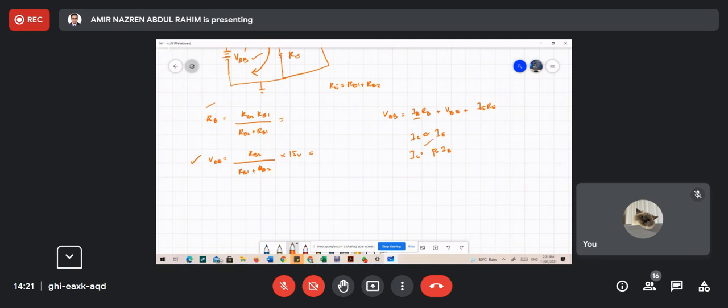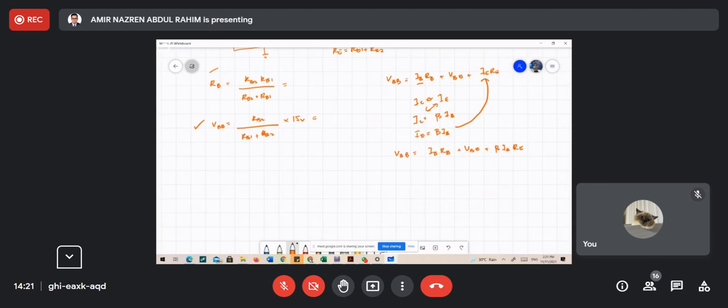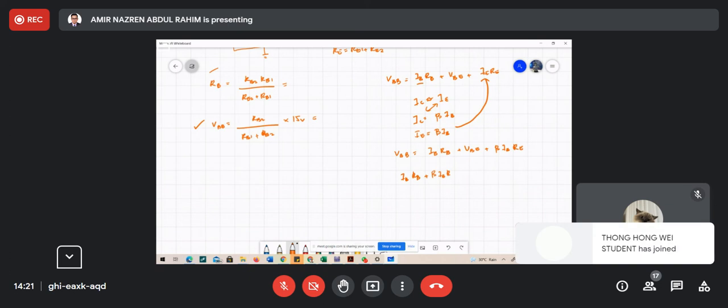So if we replace IC with IE, we can replace the equation inside our main equation. So VBB equal to IB RB plus VBE plus beta IB times RE. So by leaving one side with the IB, IB RB plus beta IB RE equal to VBB minus VBE,